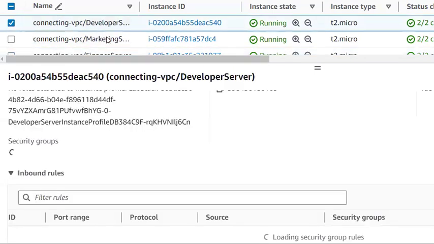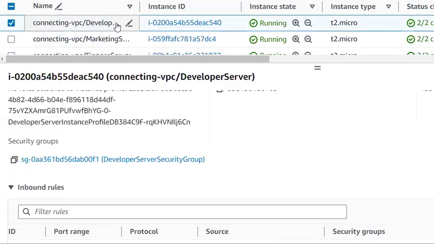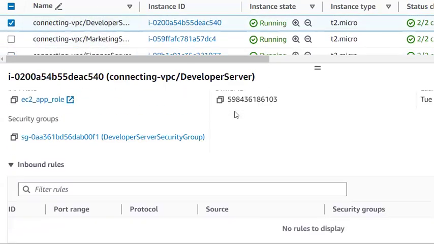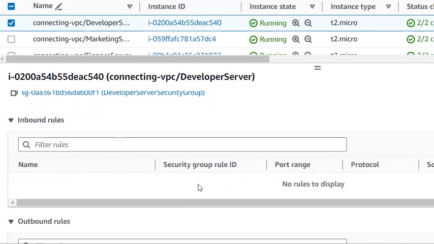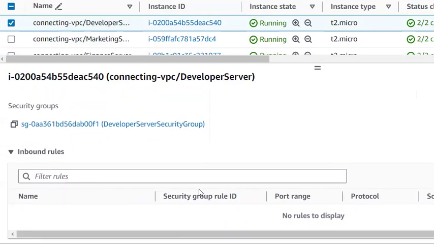Now I deselected this finance server. Now our development server is selected. Now you can see whether it is allowing any inbound rules. No, it is not allowing any inbound rules. Since if it allows the inbound rules from the finance server, then only it will receive the response, right? So that's why I want to allow the inbound rules which are coming from